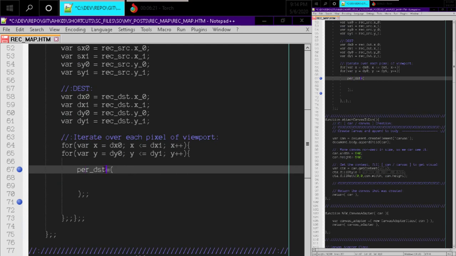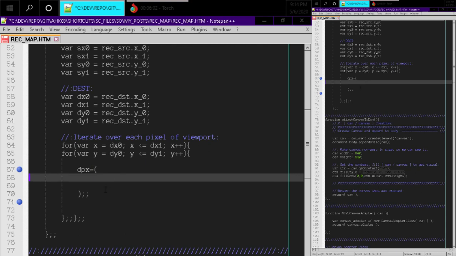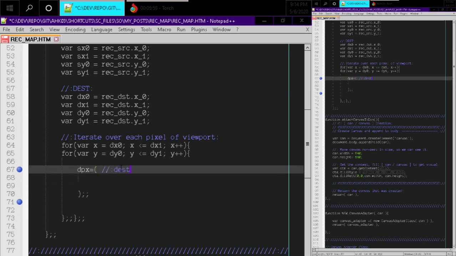Yeah, so I guess per DST x, destination x. I'll just call it dpx, destination percent x, and there'll be a dpy. I can say destination percent x,